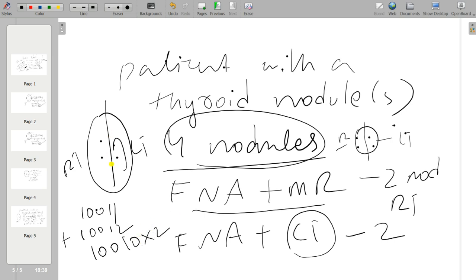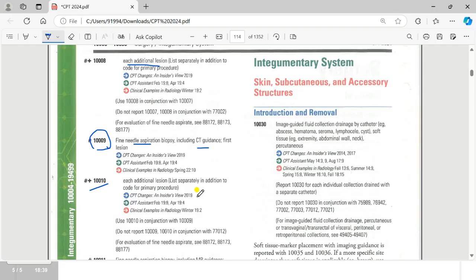He's doing FNA on 2 lesions. In this way we have to code the CPT codes for the CPC exam as well as for live coding. In this way we need to apply the guideline. You should know the concepts. Okay, so this is all about the fine needle aspiration.